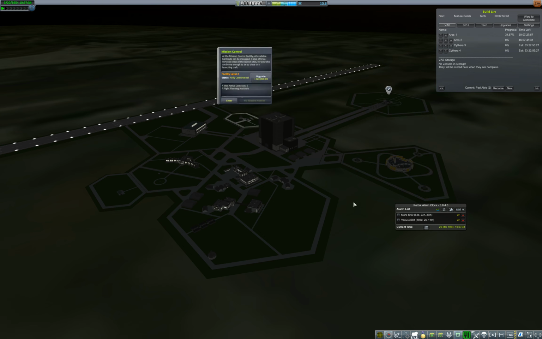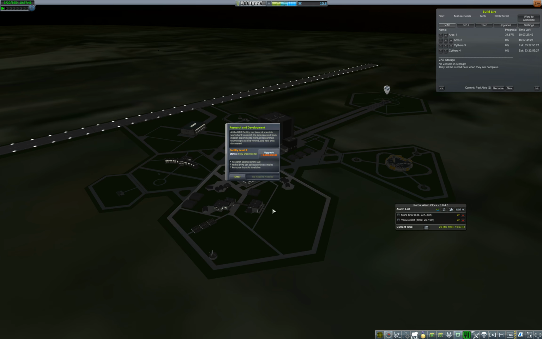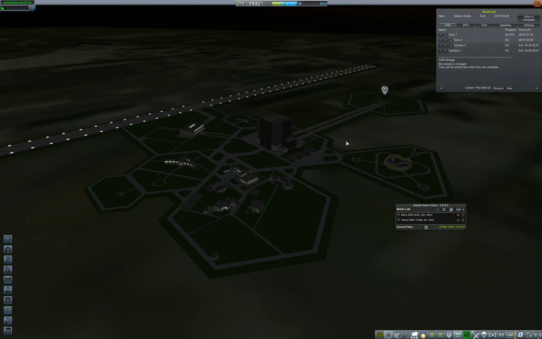I think we probably need to start investing it on upgrading things. $3 million on that. Oh boy. How expensive is a pad? Also $1.5 million. Can I do...